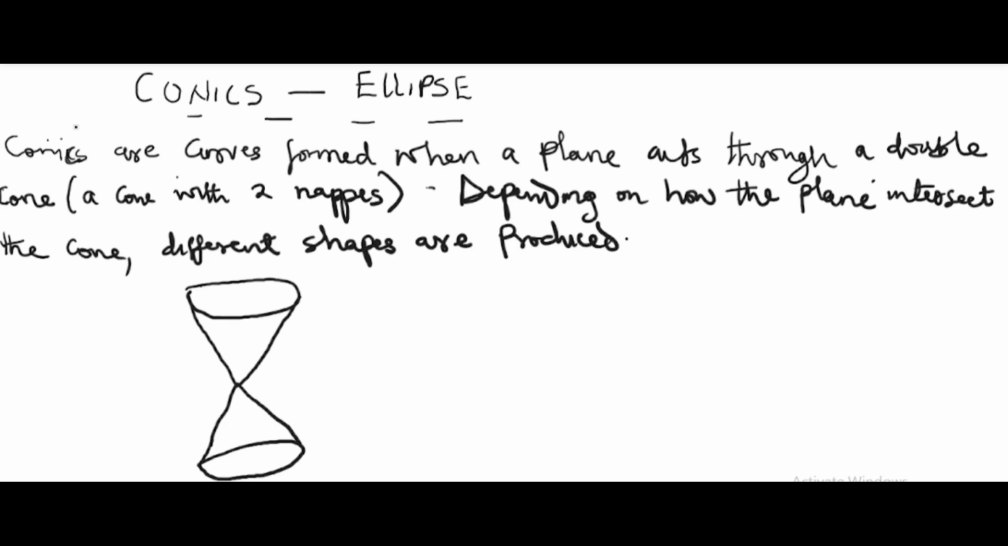Now, what is conics or conic section? These are curves formed when a plane cuts through a double cone. That is a cone with two naps. Now, if you look at what I sketched, you will see two cones with what? Two naps, right? Joined at their naps. Okay? So now, what happens if I use a plane to slice this cone at